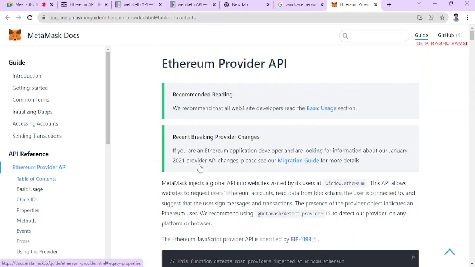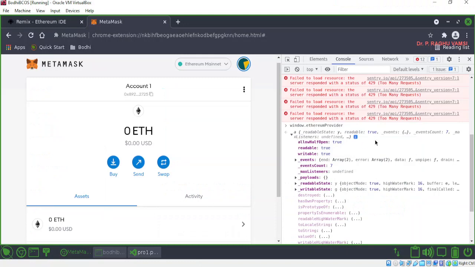So for that reason, if you create a private network, if any user wants to use the network, then they need to include MetaMask as a plugin to the browser, so that your application will run smoothly. So this is what the injected Web3 and MetaMask are, and using MetaMask and injected Web3, you can directly develop web applications and connect to the Ethereum networks.